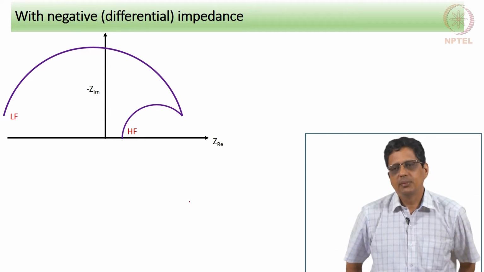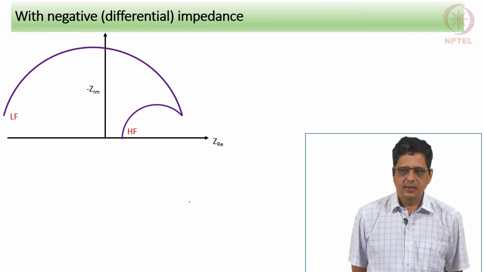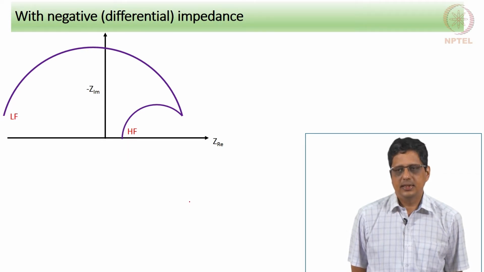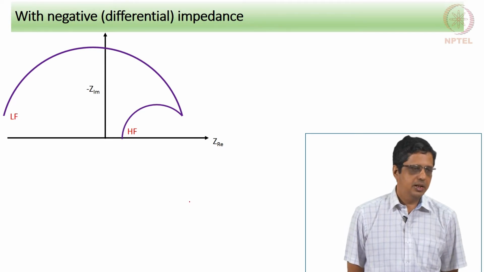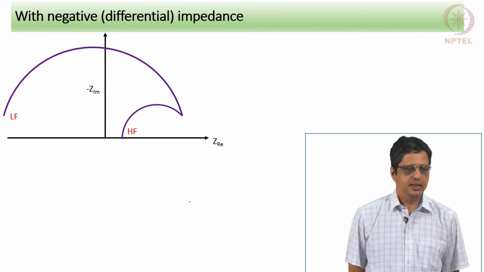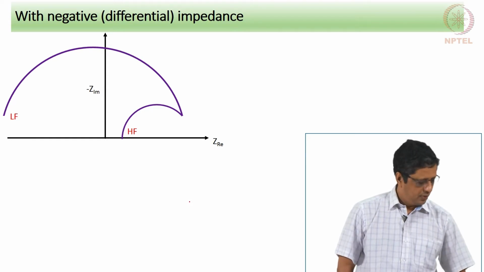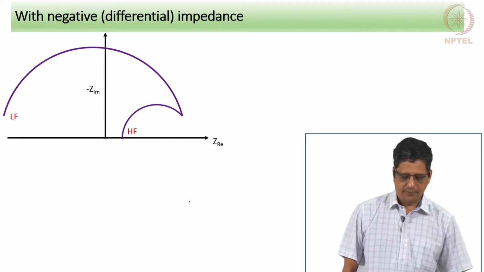Now, I want to show you some examples which give negative impedance, meaning at low frequencies the data settles at the real axis and the value is negative. That means RP, the polarization resistance, is negative, and we know that it is possible because it is a negative differential impedance, it is not negative impedance per se. Okay. And often we call it negative resistance.